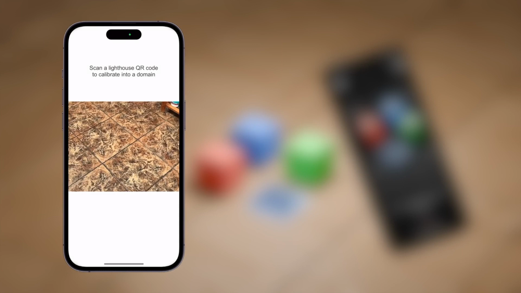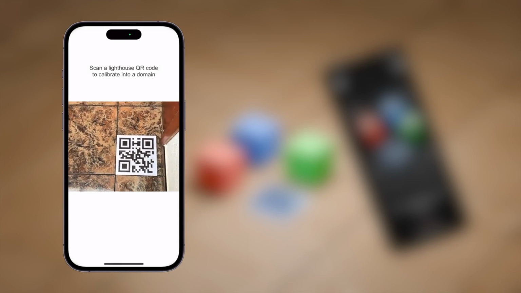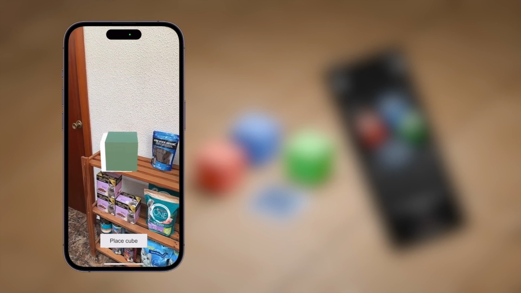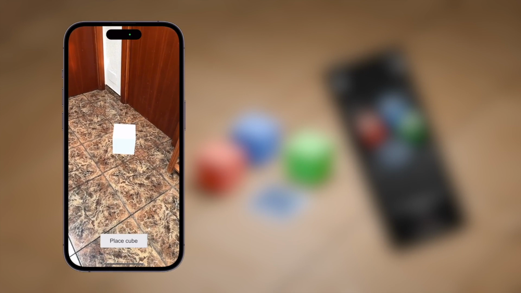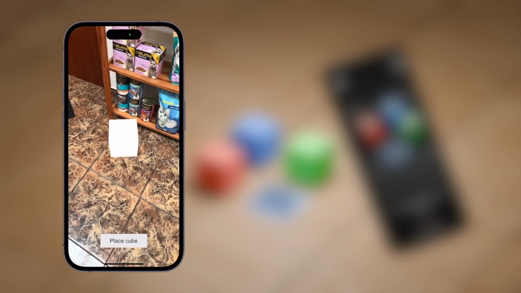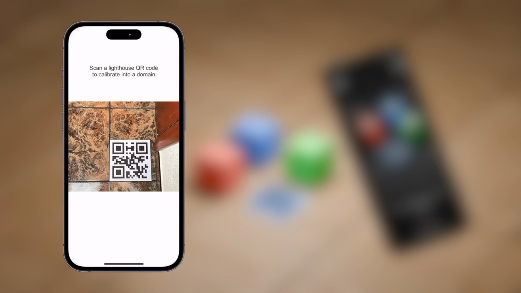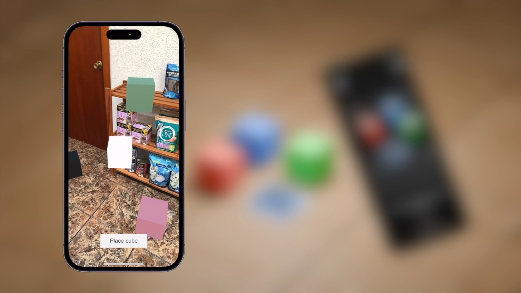First, calibrate into a domain. Then place some cubes in it. If I close the app and reopen it, and calibrate into the same domain, here are the cubes. That's it, as simple as it gets.